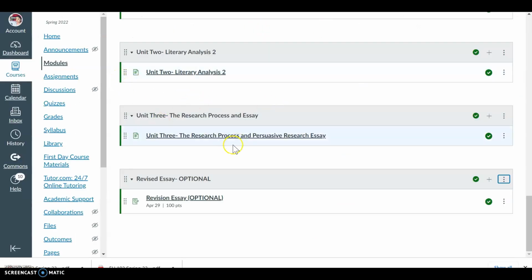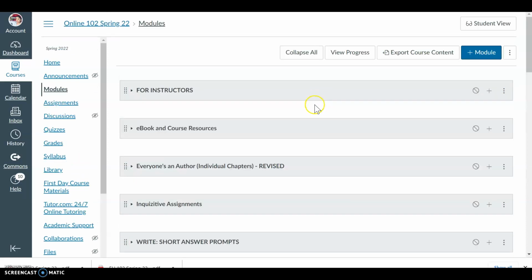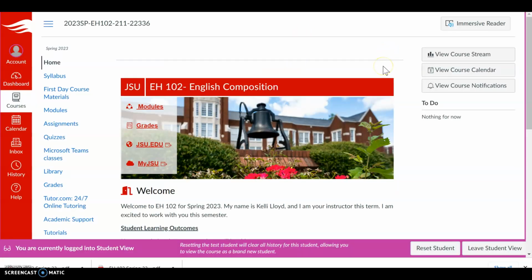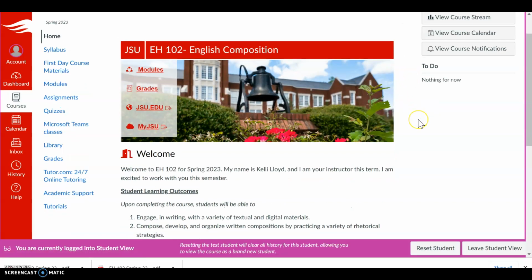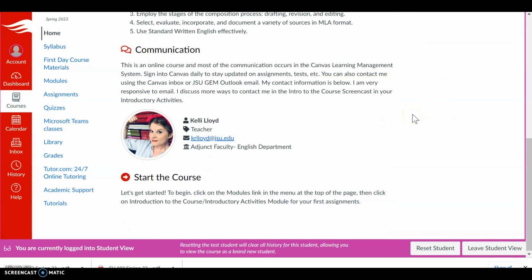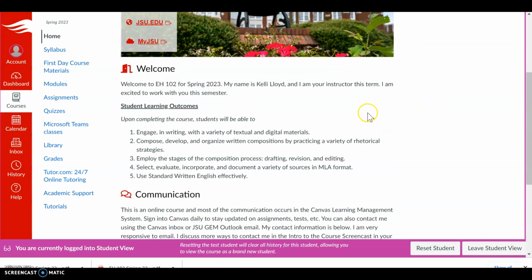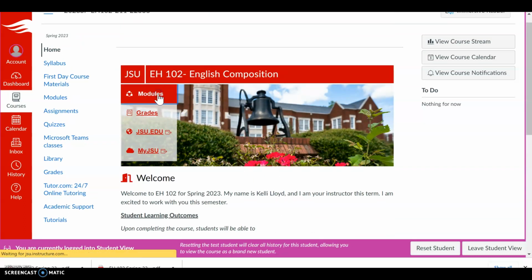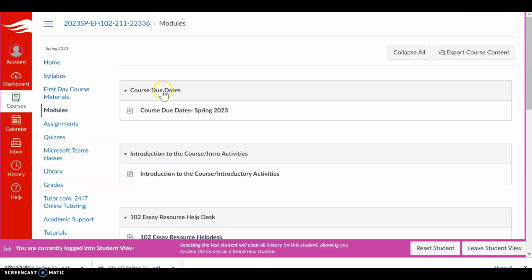Okay. The second part of this, I want to talk about the course in Canvas. I want to walk you through the course as it looks to you, so you'll know where everything is located and you'll be able to find everything that you need. So when you log into Canvas, this should be what you see on your home page. It has some different things there about the learning outcomes and the objectives and communication and all that good stuff. The important thing, obviously, from that home page is modules and grades.